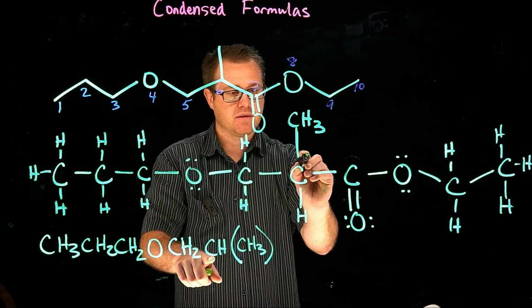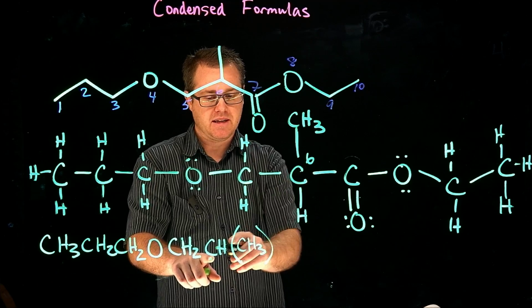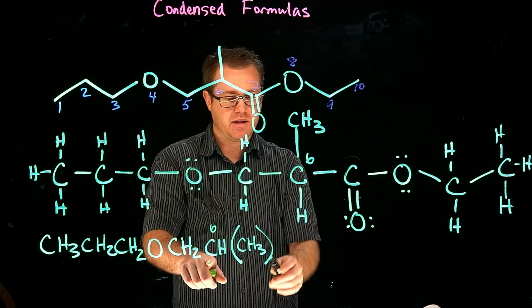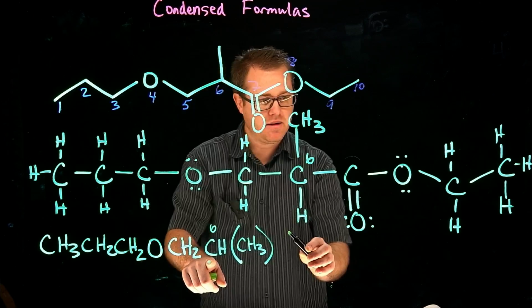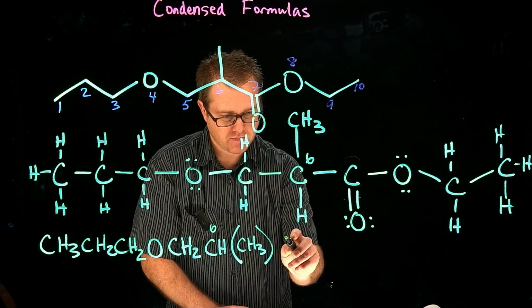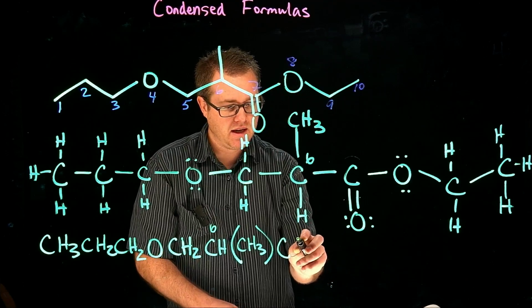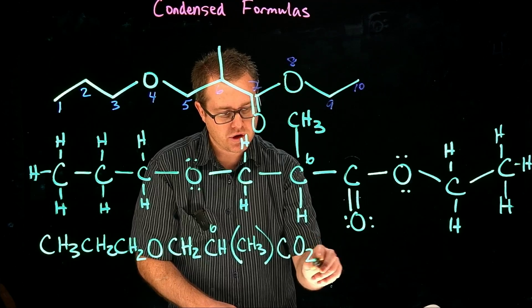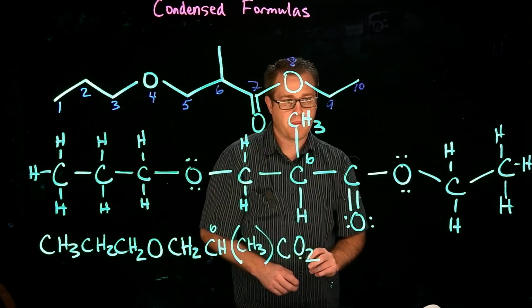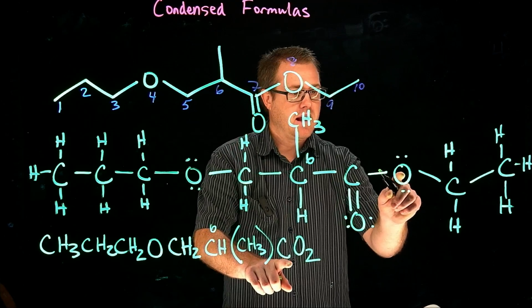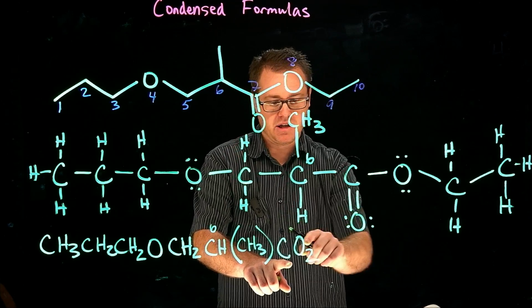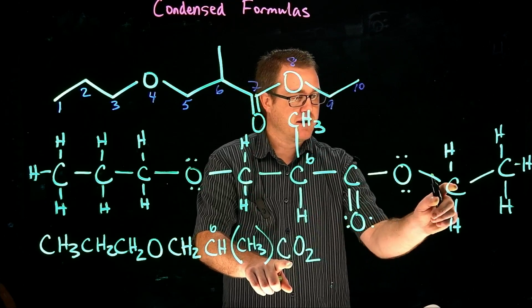Carbon 6. So carbon 6 is that guy. That's bonded to that guy there. So that's carbon 7, CO2, like that. And so that oxygen is the two oxygens there, and that's directly bonded to a